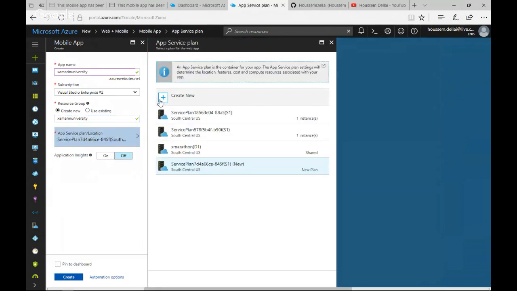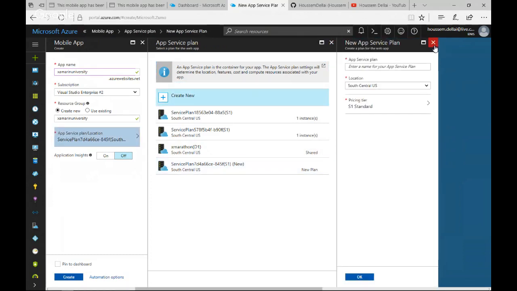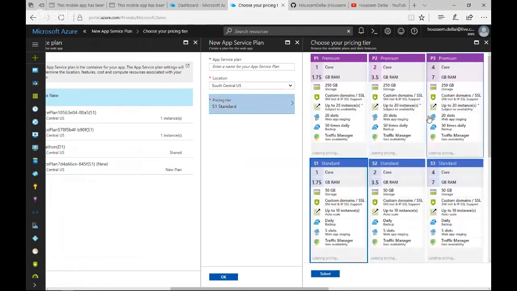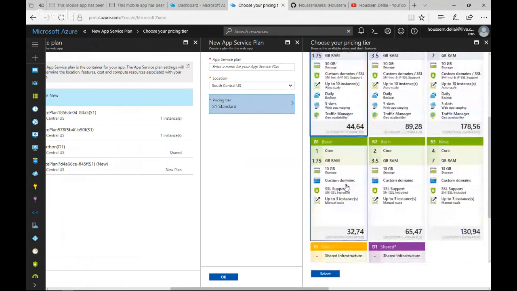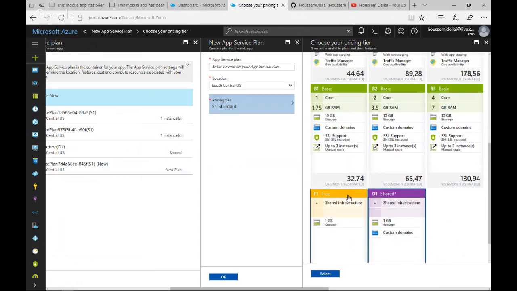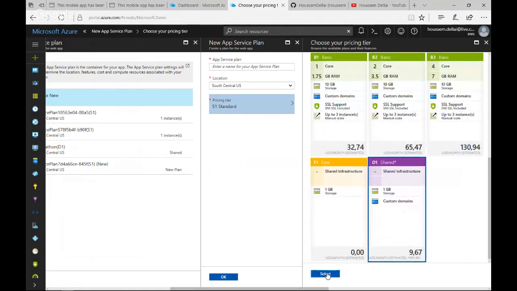Here, depending on your Azure subscription, you might want to use the app service or the service plan that suits the budget you have in your Azure subscription. So here we do have different options. The one selected by default is the standard, which will charge you 44 USD per month. For our demo, we are okay to use the shared or even the free tier. For that, if I go and select the shared one, hit select,